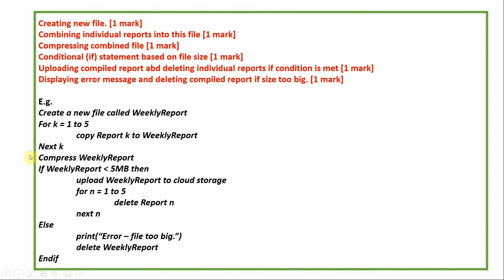So we can create a new file called weekly report, and then for k equals 1 to 5, which is going to run 1, 2, 3, 4, 5. Copy the report k to weekly report, so it's going to move the data into our file we've opened. Then it's going to iterate again until it gets to 5, and then it's going to compress it. And if the weekly report is less than 5 megabytes, then it's going to upload the weekly report to the cloud storage. Then for n equals 1 to 5, so we're using a for loop, and we're going to iterate round, and it's going to delete the report n, and then else print error, file is too big, delete weekly report, and then we end our thing. Okay,